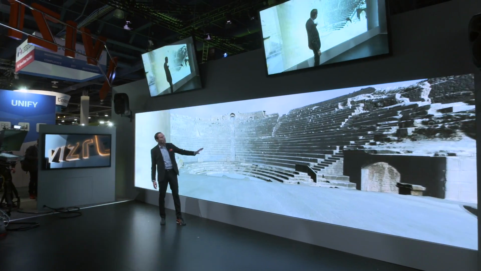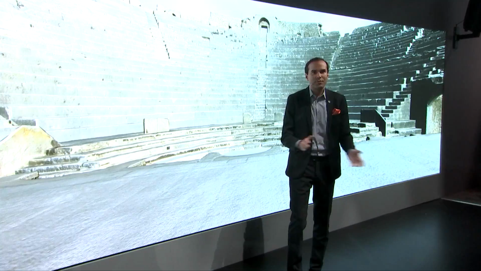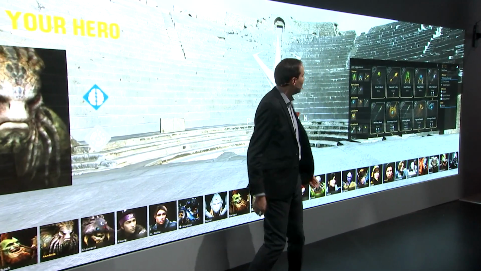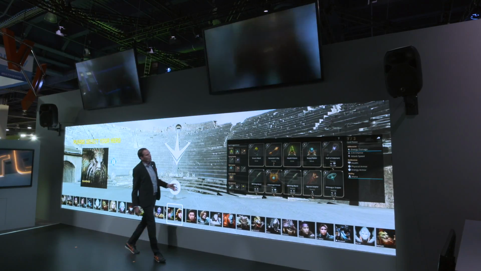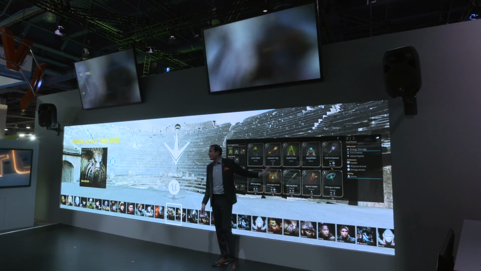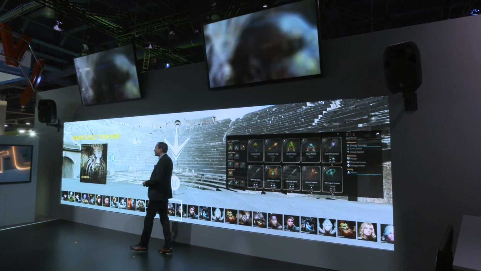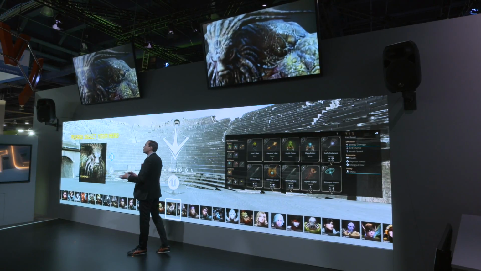We're going to fly in to the arena itself and start bringing in some of the data-driven graphics from a game here called Paragon from Epic. It's using the Unreal Engine. So here we can have the data of what's going on during the actual game, all updating in real time during the match, but we can also do profiles of the players matched up with their heroes by bringing in